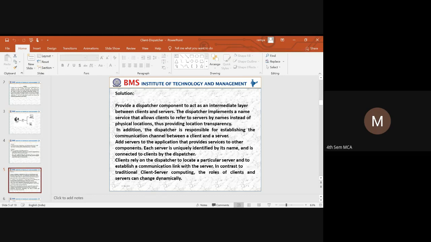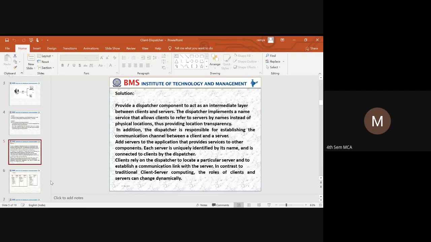Once the connection is established, whatever services the client is requesting, that request will be taken care of. It involves traditional client server computing, and the client will play the role of a client while the server changes dynamically.